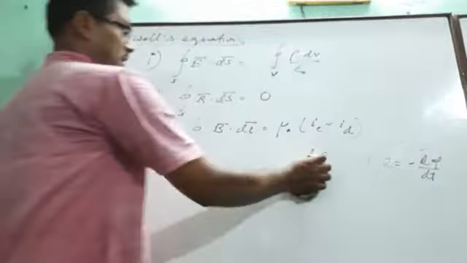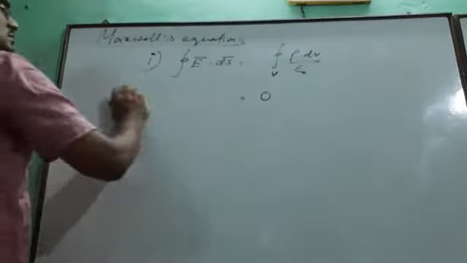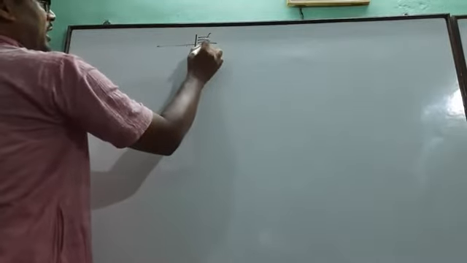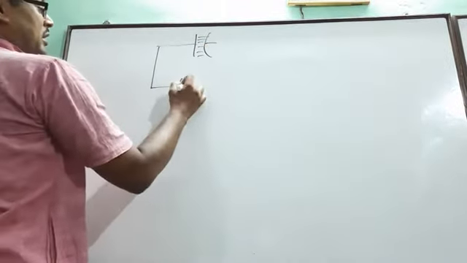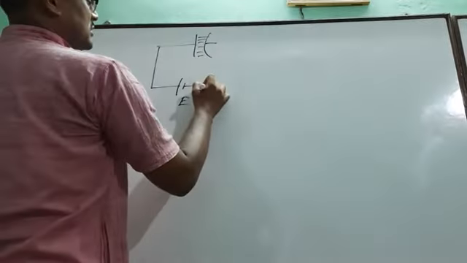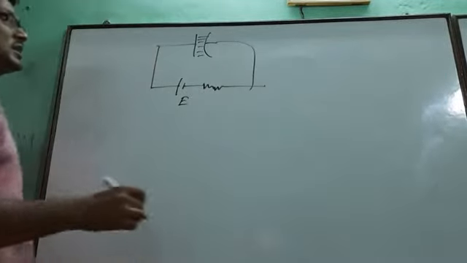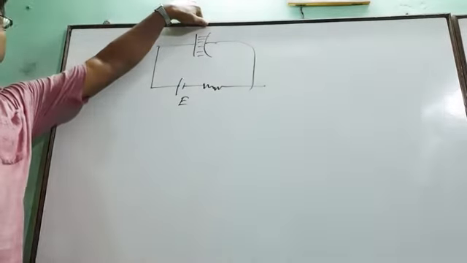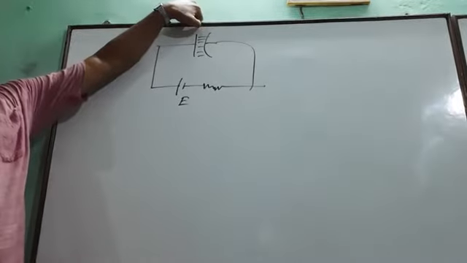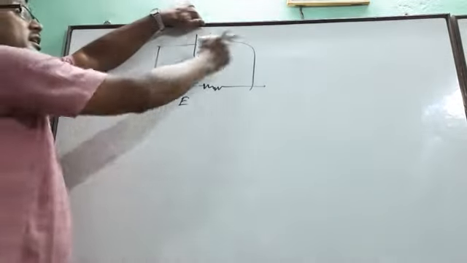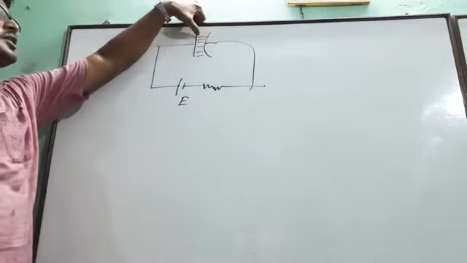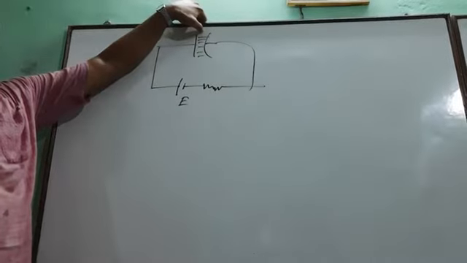Now what is displacement current? See, if we want to charge a capacitor, here a dielectric medium is present, and here I am connecting one cell and then a resistance. You know that a dielectric means a medium which cannot conduct electricity. So dielectric means there are no free electrons. But this circuit is closed now, so current is there. Then how is it possible? Because an insulating medium means an open circuit.